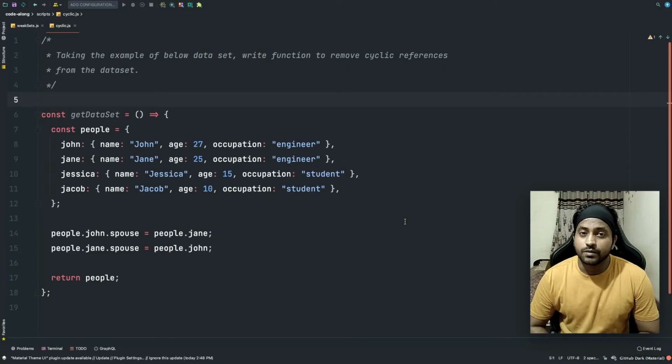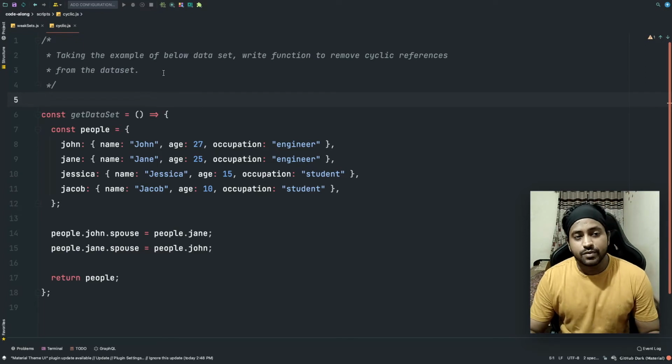So in my last video I told you that we'll be looking at a real-time use case of WeakSets, and we'll be using WeakSets to solve a problem related to cyclic references, and this is an important interview question as well, so pay attention and let's go. Before we get into the details of the problem, if you have not checked out my concept video on WeakSet yet, click on the suggestion box, go watch that first, and come back here and let's look at the problem. So the problem goes like this.